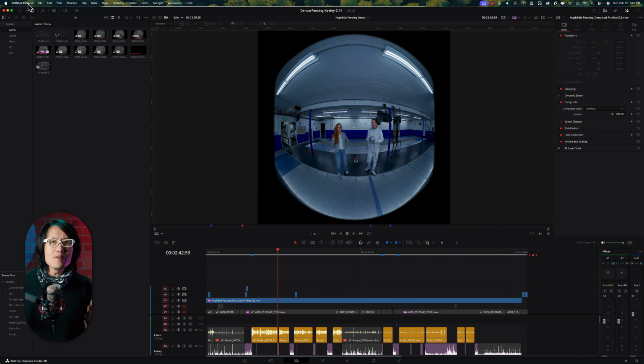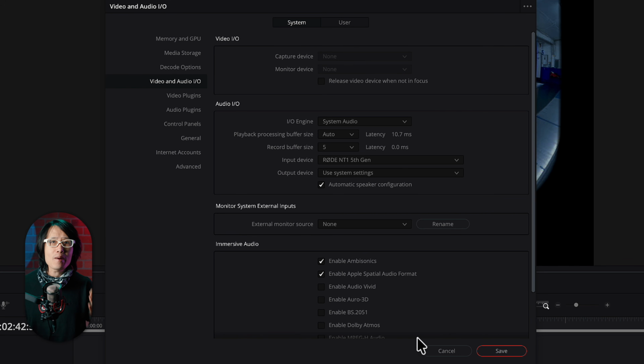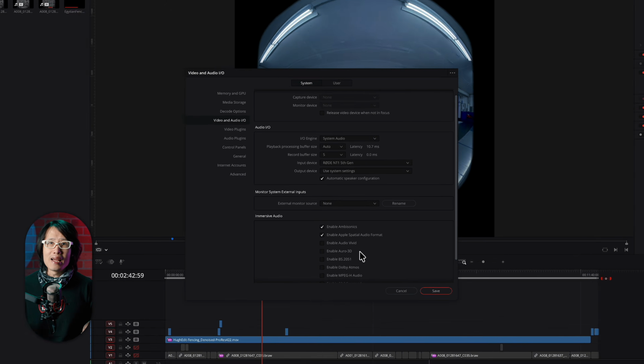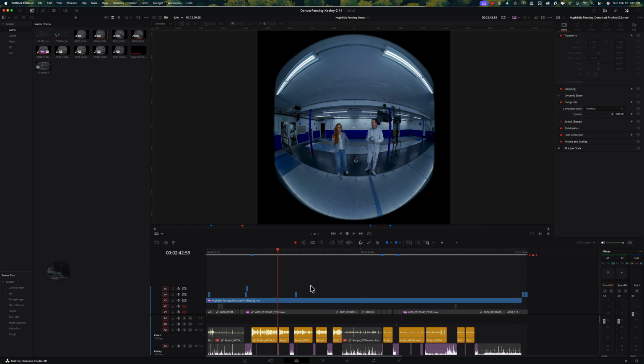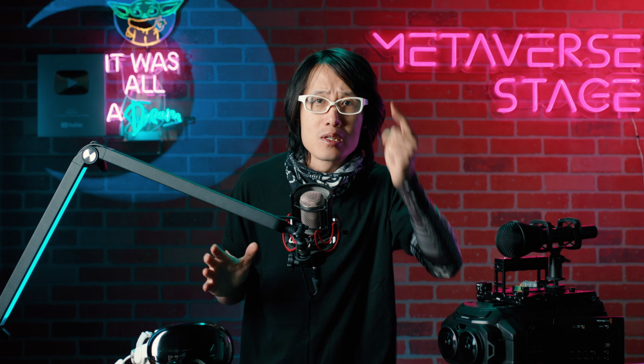Step 1. Open DaVinci Resolve Preferences, go to Video and Audio I/O and check both Enable Ambisonics and Enable Apple Spatial Audio format, then hit Save. If you do not see the option I'm about to show you or you do not hear spatial audio, this is probably why. There is also a chance these settings are turned off after an update, so double check before